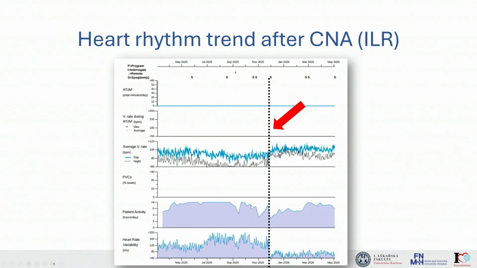This is just an example because one set of our patients in this group had an implantable loop recorder. So this is the example of how it works. You see this line shows the day of ablation, and finally after this ablation it's visible how the average heart rate during day and night is increased. And there is also a change in the opposite direction with heart rate variability.